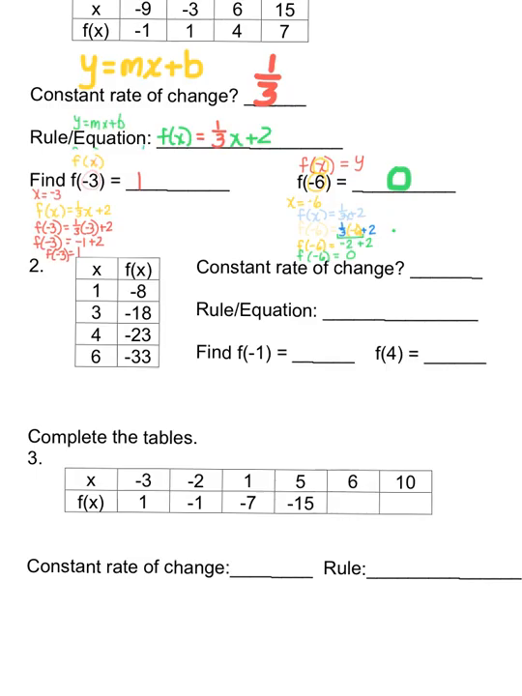Let's discuss another way to find f of -3 and f of -6 rather than substituting it into the equation. You will go to the y equals button on your calculator and enter in y equals 1/3 x plus 2. If you want to see a table of values, you'll push second graph and it will give you a table of values. You can scroll down to where x is -3 and it will